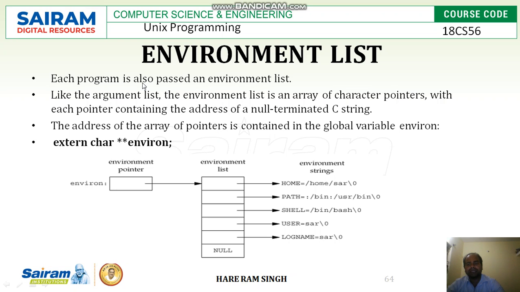Environment list. Each program is also passed an environment list. Like the argument list, the environment list is an array of character pointers, with each pointer containing the address of a null-terminated C string. Suppose the environment list is there. In this list, each entry represents something like HOME, which represents the home directory variable. Then another environment variable is PATH, which represents